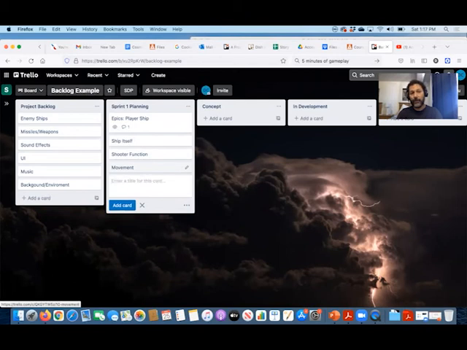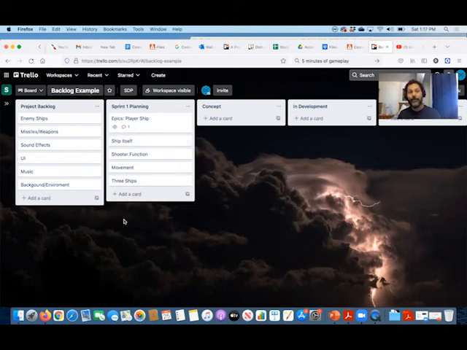So we have 3 ships, right? All that I got from that description, right? So the ship itself, that involves art, that involves design, that involves functionality, that involves code, that even involves sound effects, like if your ship has a unique sound or something like that. So now these are all our stories for our epic,